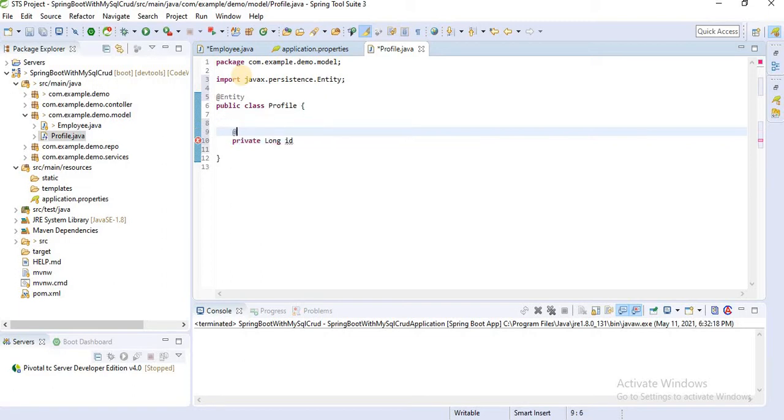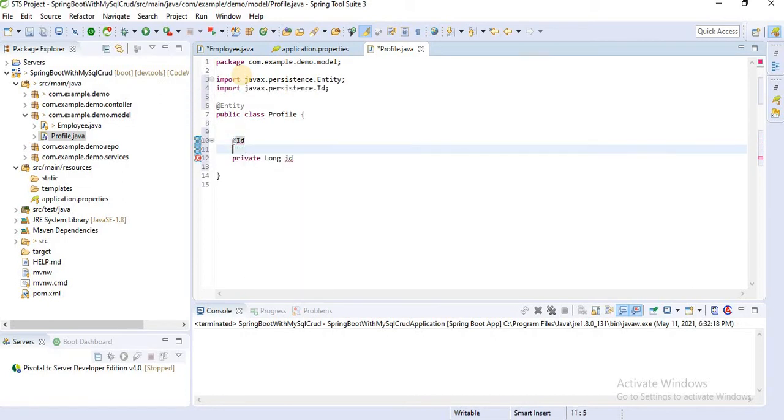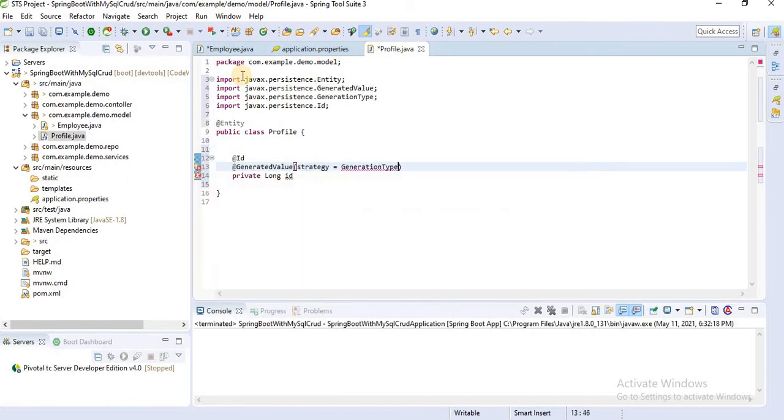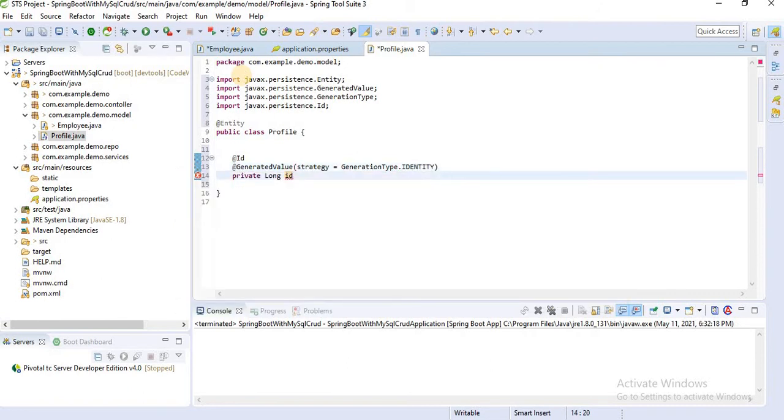This ID should be unique, that's why I am adding the @Id annotation, and it should be an auto-generated value. Strategy equal to GenerationType dot, we have a few options. I'll choose IDENTITY. Then the second one is a private field. For the time being we are giving only one field.